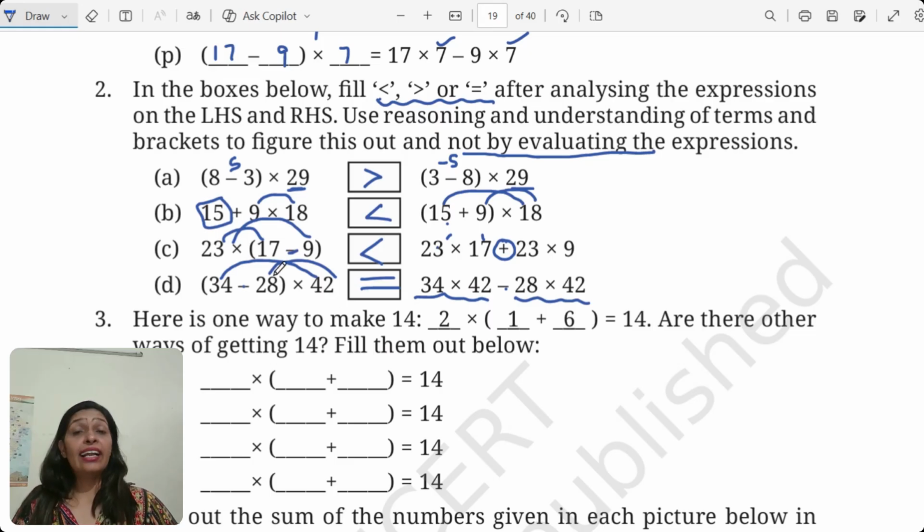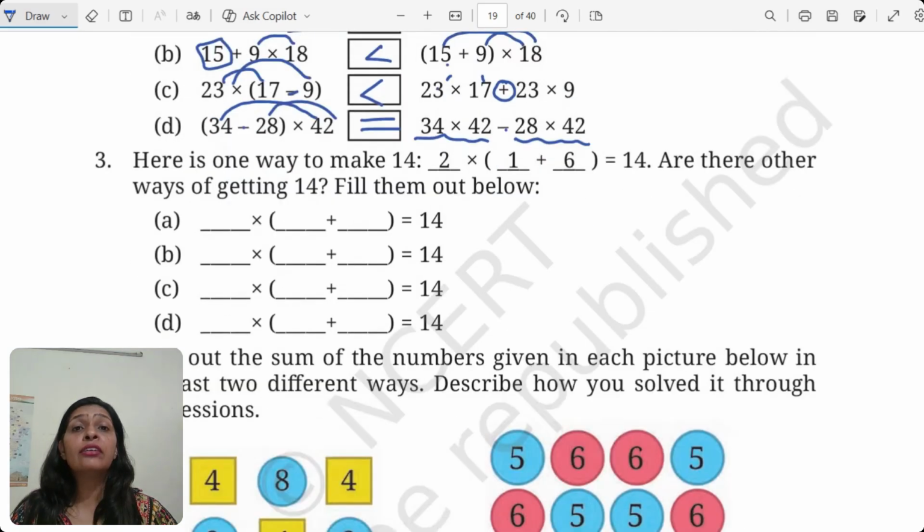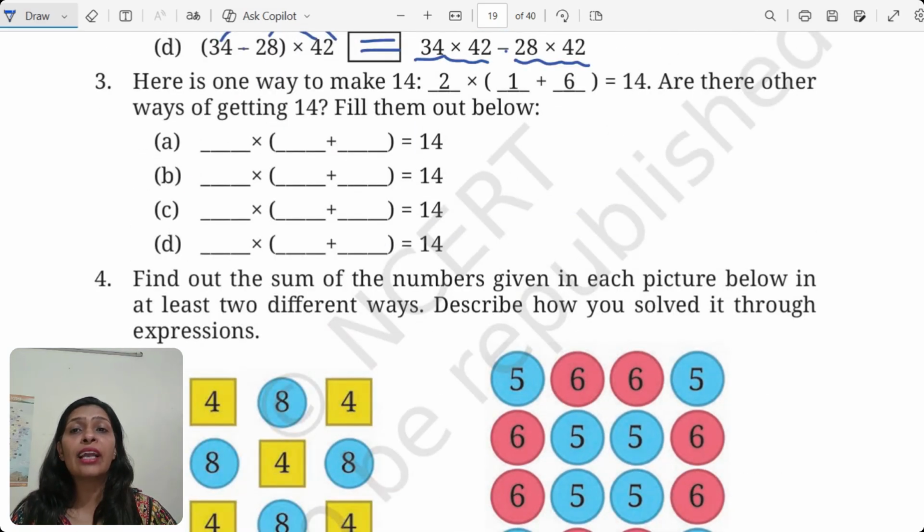All right, and I hope you remember what we call this property, since we have been doing this since the beginning. One number is outside, we are opening the bracket, and how it is getting opened. You know the property. This property is actually known as the distributive property. You can guess from the name itself why: we are distributing the outside number to the inside numbers. So by this you can of course remember the distributive property.